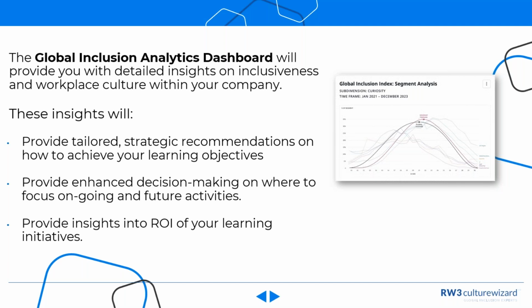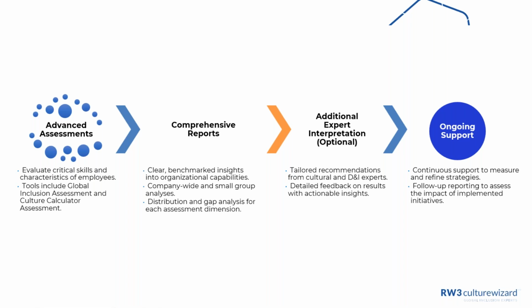Those of you who are clients of RW3, we can put that at your fingertips today if you are interested. And those of you who are not clients, we can talk more about how we can make that available to you. How does all of it work? It's pretty straightforward. The first step is we have these assessments. We make them available to your population, and each individual gets their own individual results and recommendations. They're given their score and told, this is the percentile you're in for this particular category, or on a scale for measuring communication style, you're a very direct communicator. All these different